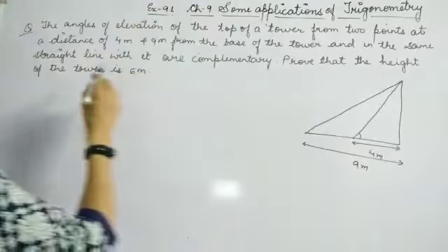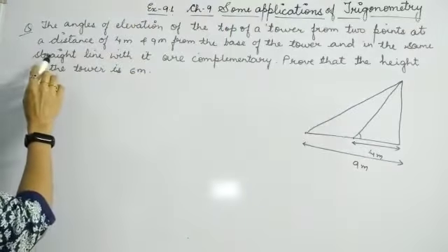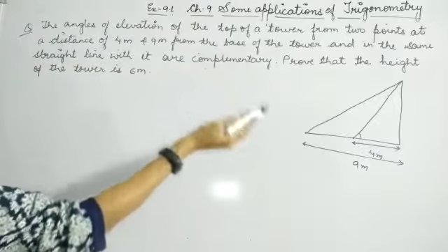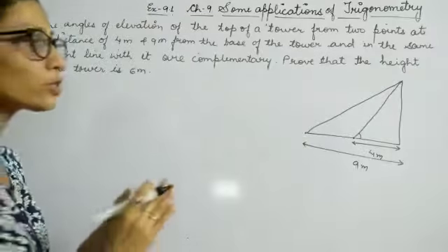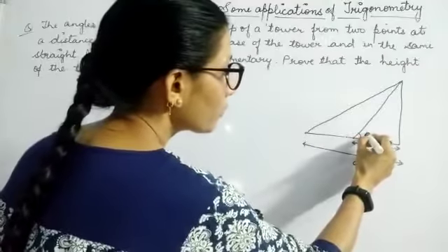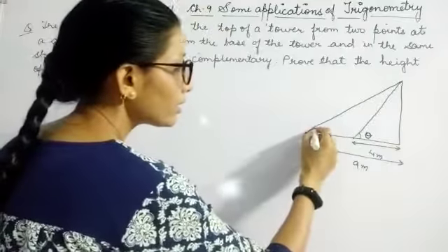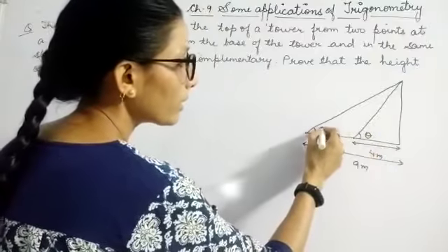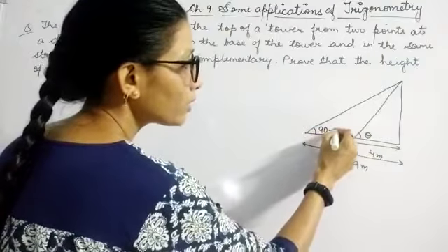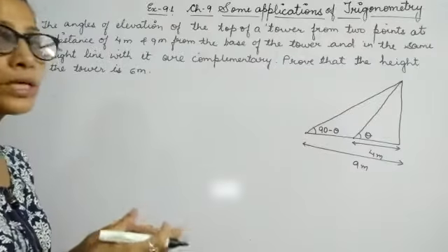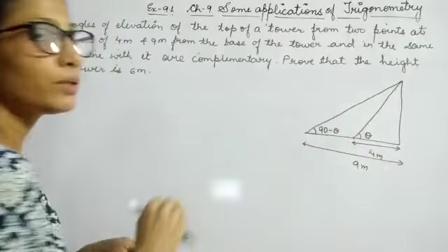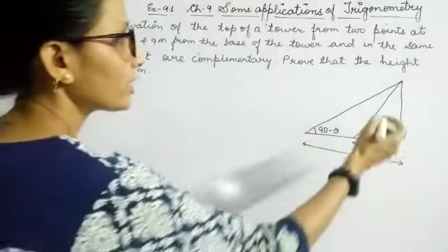Alright. Now here it is when it has been said that the angles are complementary. Let's suppose here you are not given a direct angle, so you will be taking one angle. Let's suppose this angle as theta. Then since these two are complementary angles, that's why it will be 90 minus theta. What are complementary angles? Sum of two angles should be 90. If one is theta, then the other will be 90 minus theta. So this is our diagram.